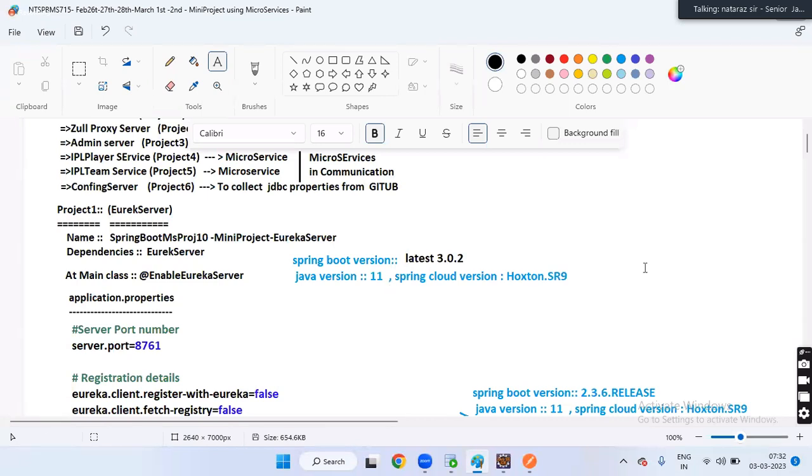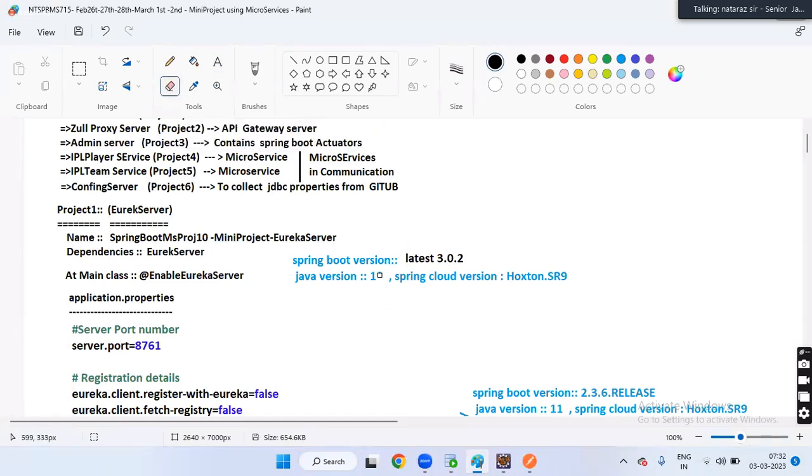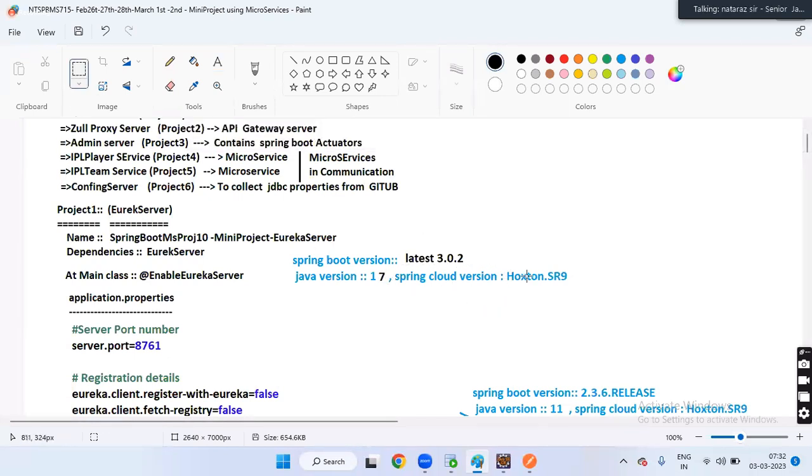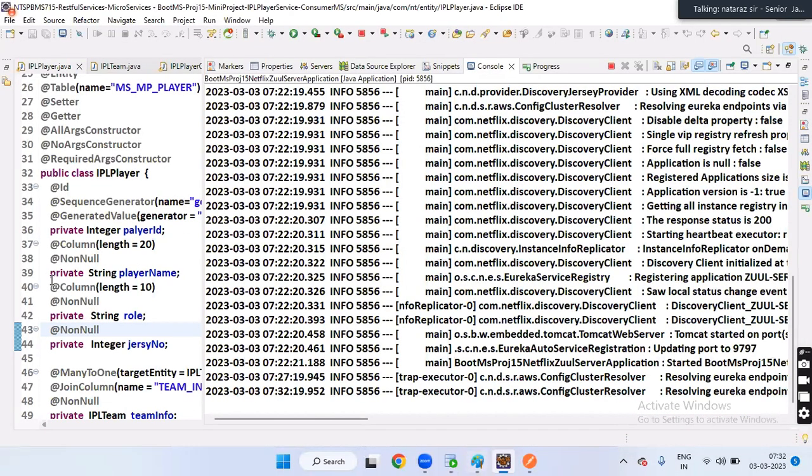Tell me next one. No, entire code I will give, don't worry about it. Java version, how much, guys? 17. Latest version. Next, Spring Cloud version. What is Spring Cloud version, guys?